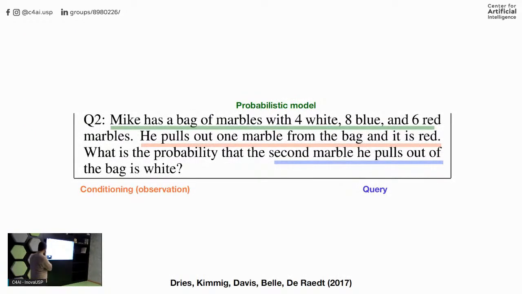In the language case, right, the kind of thing we were thinking about is combinatorial problems and probability problems that you see in high school, like this one. This says that Mike has a bag of marbles with 4 white, 8 blue, and 6 red. Okay, he pulls out one marble from the bag and it's red. And what's the probability that the second marble he pulls out is white? Okay, so what's happening? You have a probabilistic model at the top. You have some kind of conditioning, right? And then you have a query at the bottom, right? So these problems obviously look a lot like